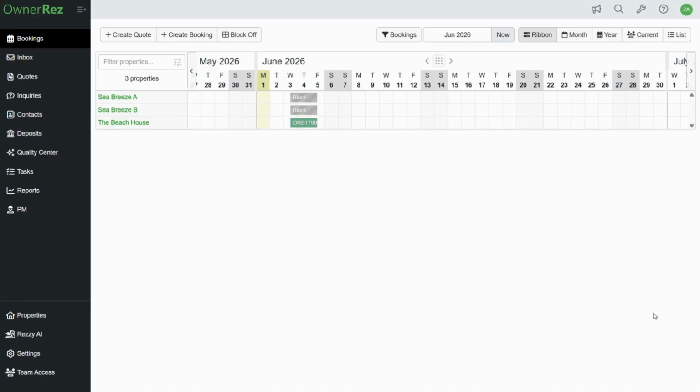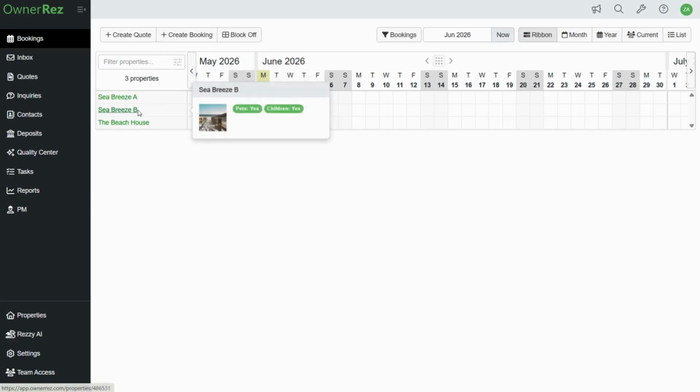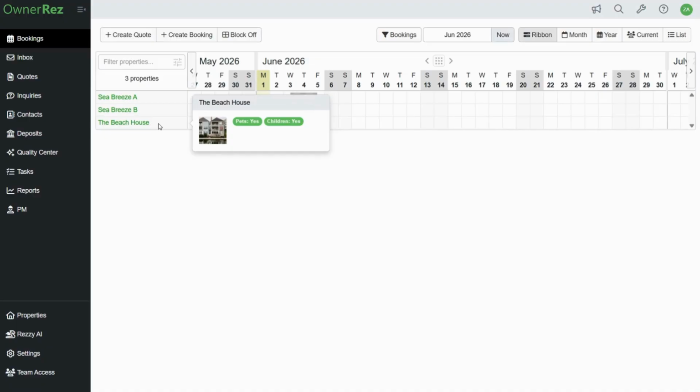Let's start by viewing the booking calendar. Here you can see that we have 3 properties currently set up inside this OwnerRez account. We have Seabreeze A, Seabreeze B, and the Beach House. For this example, we have combined our 2 adjacent vacation rental properties, Seabreeze A and Seabreeze B, into a new property called the Beach House, which allows us to cater to larger groups and families while reaching